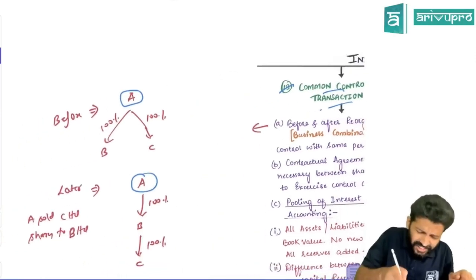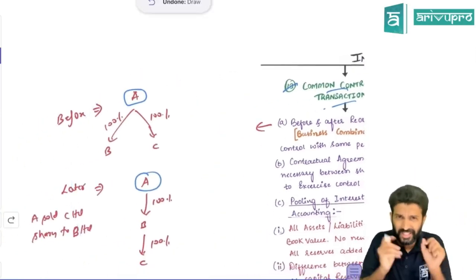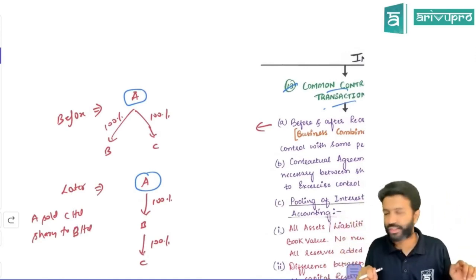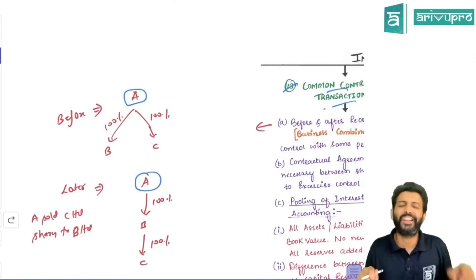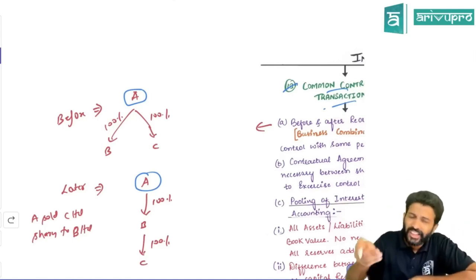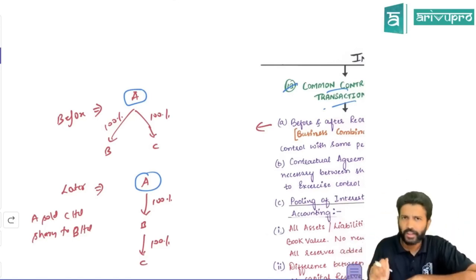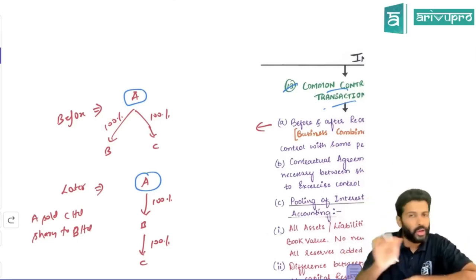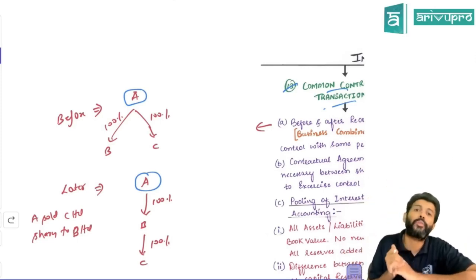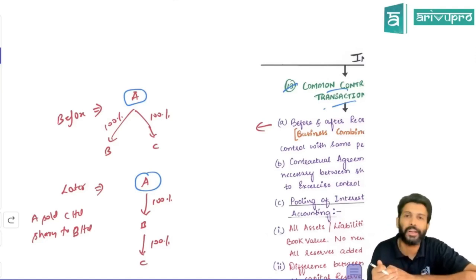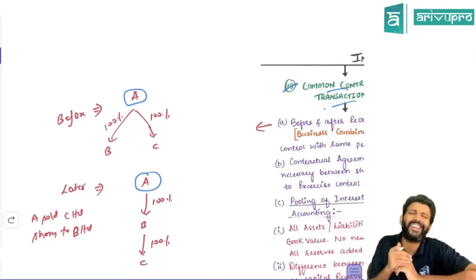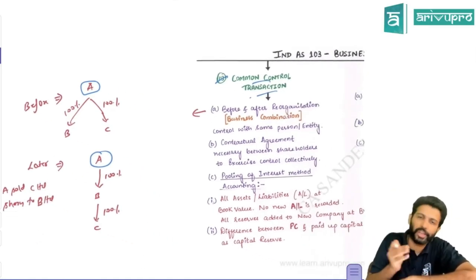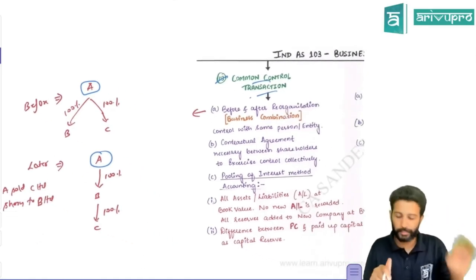The reason: is this really a business combination? Is this really a business purchase or just a shuffling? It is just a reorganization. It's not really a sale of business. That's the reason Ind AS 103 says, if it is a common control transaction, don't use fair value. Use only book value. That is the first rule. Normally for business combination, you have to use fair value of assets and liabilities of the subsidiary company. But this is not really a business combination. It's just a reorganization. Hence, you may call it a business combination, but accounting of this is done through book value. That's one of the reasons.